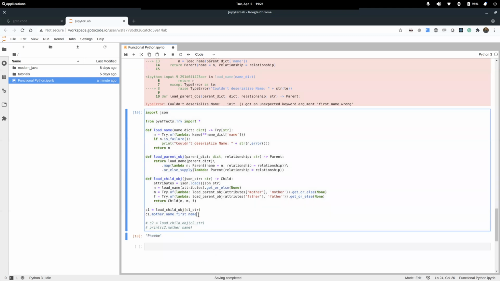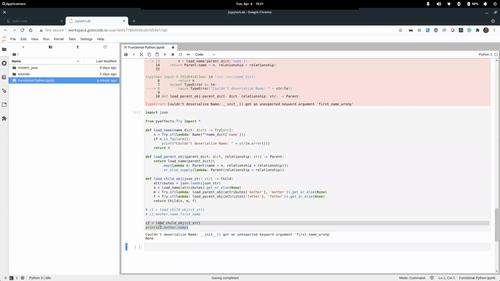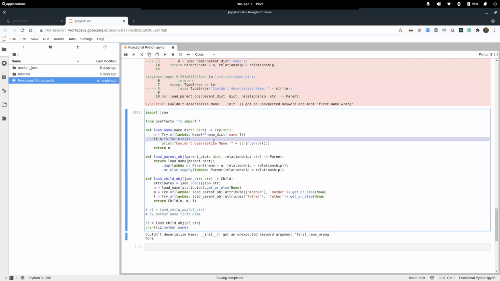And now we're going to go ahead and take a crack at what happens when we do something that does not work. Okay, so I actually got couldn't deserialize. So I got to this failure case right here. And optionally, I could handle this. I could add blocks where I recover and